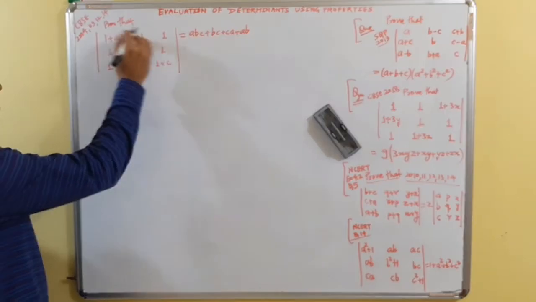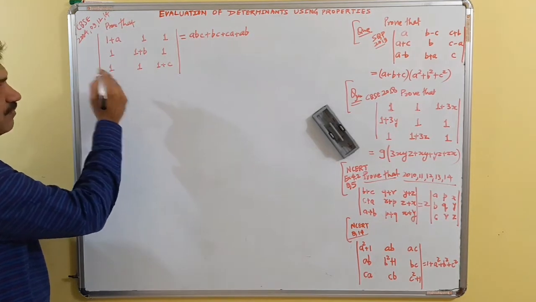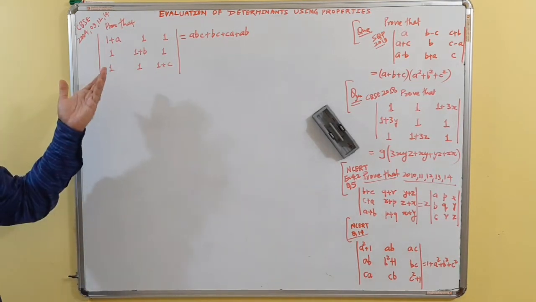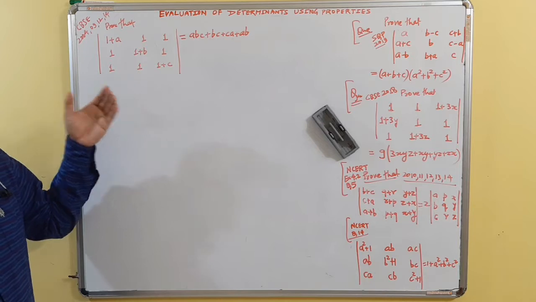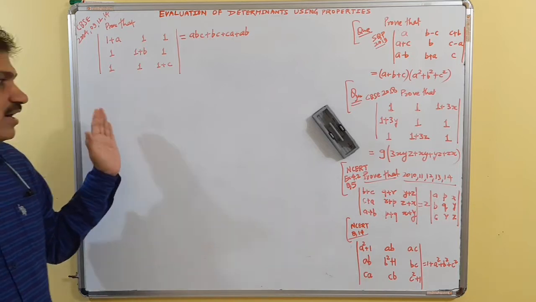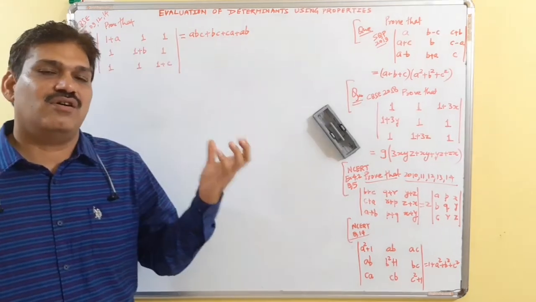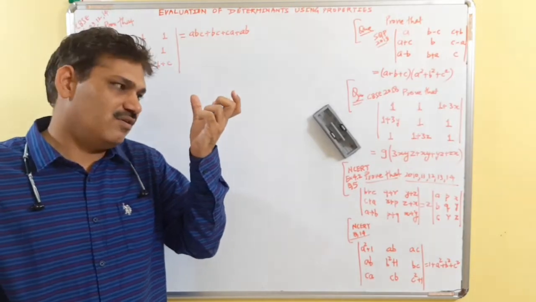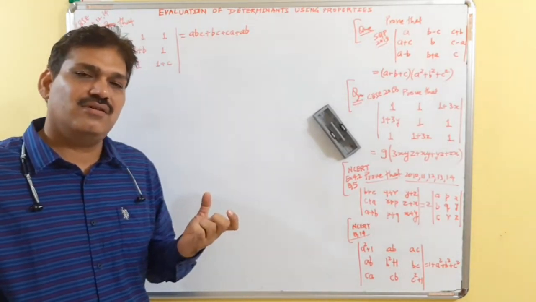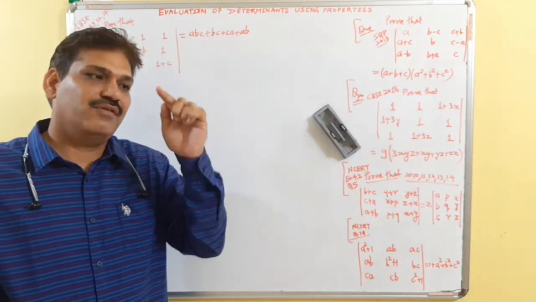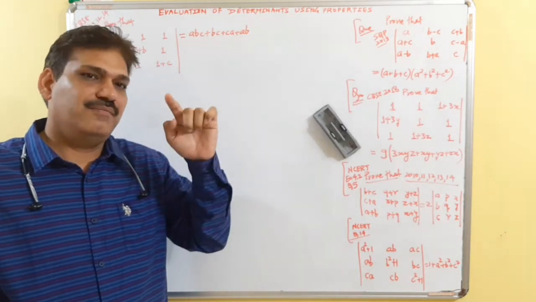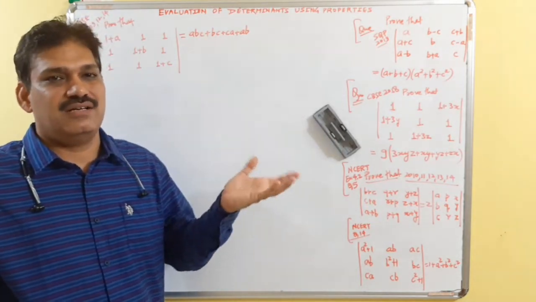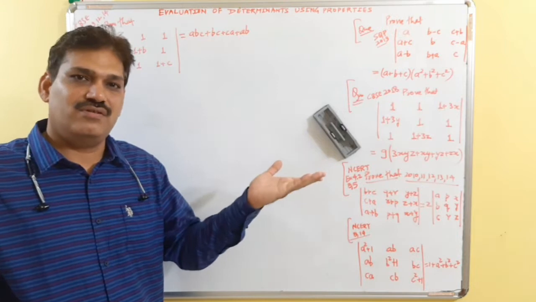So here we are trying to take common A, B, C. Apparently you cannot see common A, B, C, but if we try this, we'll find that on adding rows we'll get something common. If we get all identical elements in a row, then we can take that common, then 1, 1, 1. By making two zeros we can expand it. That is the simple system which we have followed earlier.